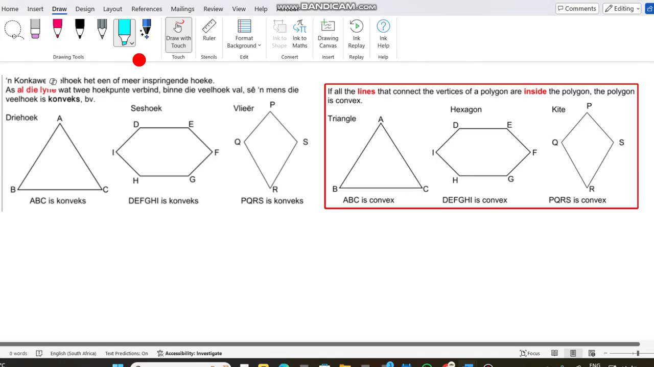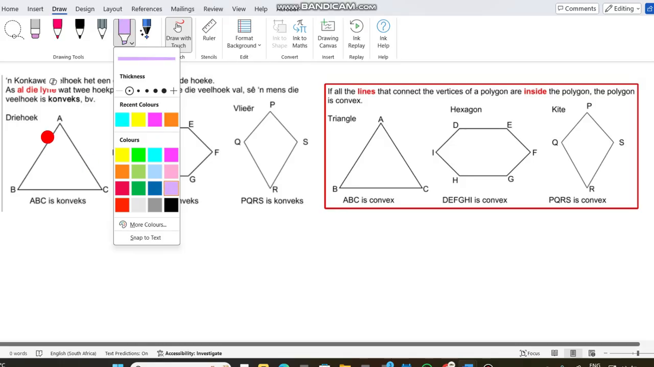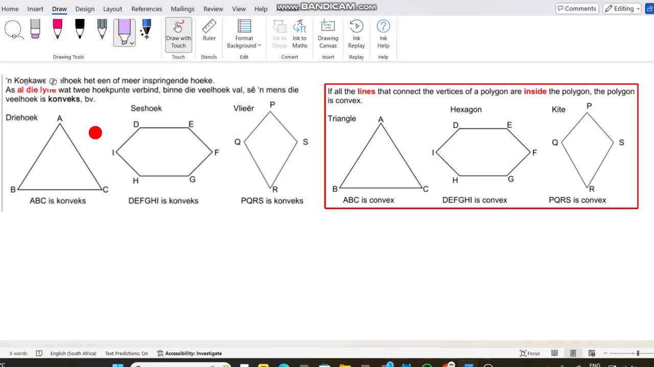Okay, now we're going to look at convex. So once again, you'll see all these polygons. Now, convex means basically the shape is stretched outward. So if you would like to connect any of these, you will have to connect it inside. A triangle is always convex if it's a normal triangle. A triangle is always going to be convex. There's no way to make it